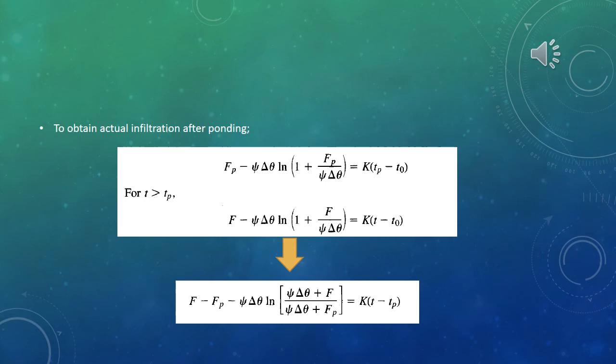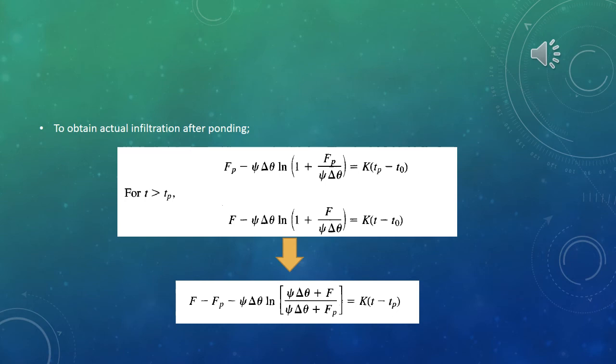When t is bigger than tp, we can write F minus suction head times delta theta ln 1 plus cumulative infiltration F over suction head times delta theta is equal to K (t minus t0),